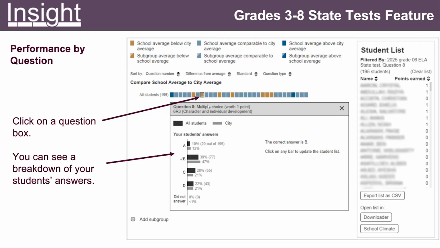Again, background information about this question: the question type, how many points it was, the standard it tested, and how your students answered the question. In this example, my question number 8 is a multiple choice.